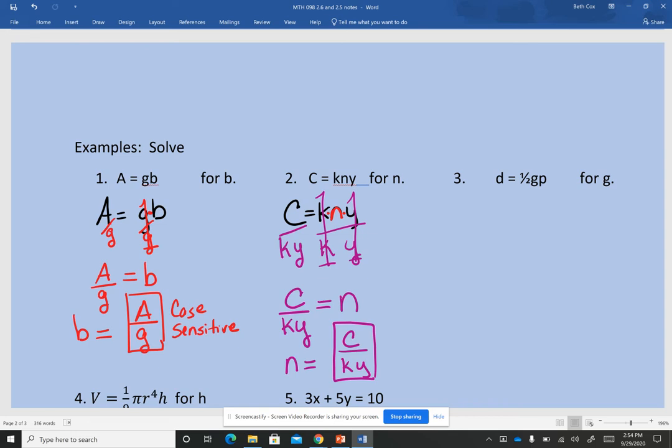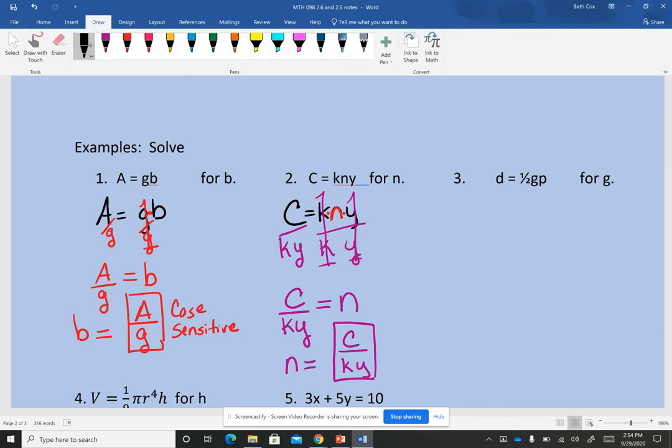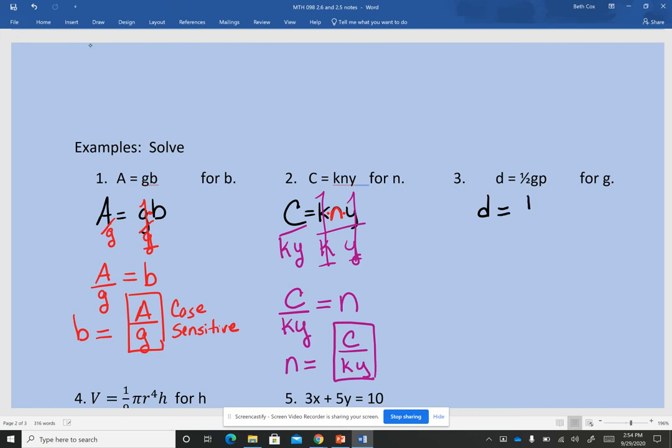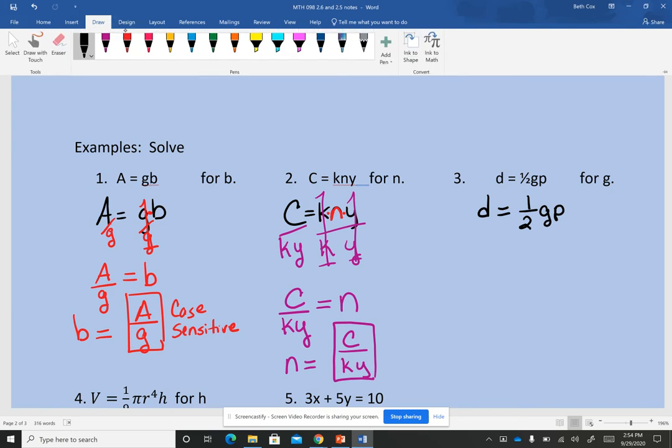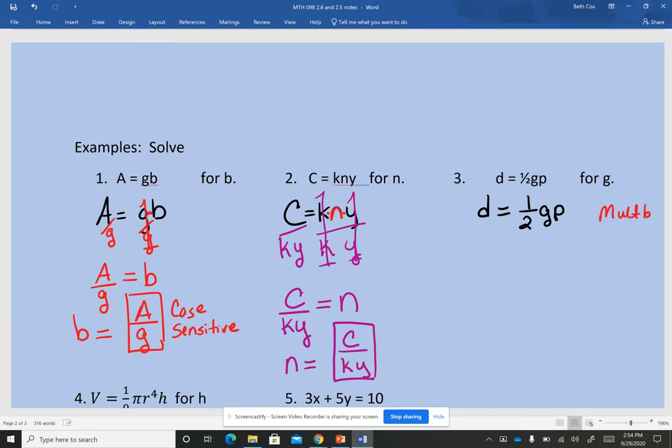All right, number 3. Again, we have a fraction here. We need to know how to deal with it. It may not look like this in your problems. It may be written more like this. Now remember, we had a trick for getting rid of fractions, and that was multiplying by the denominator. So this one, we're going to multiply by 2 first on both sides to get rid of the fraction. So we'll multiply by 2, multiply by 2, and so now that's going to give me